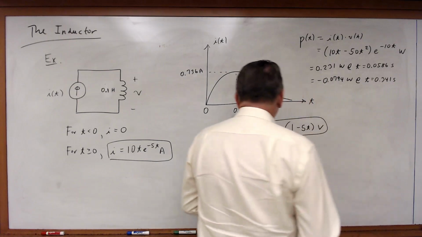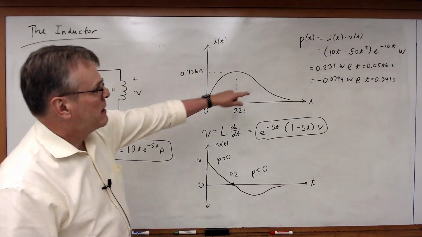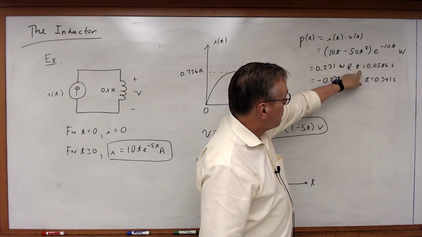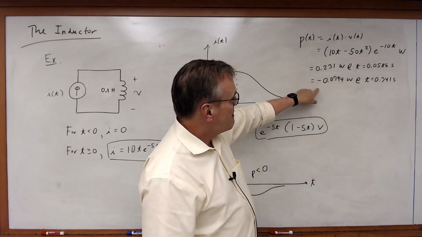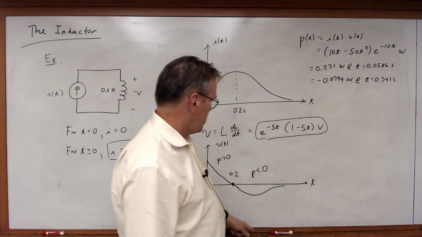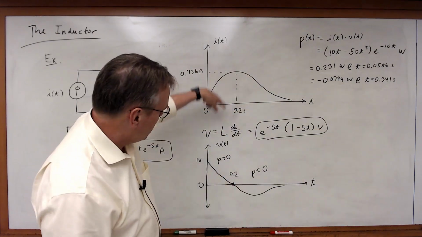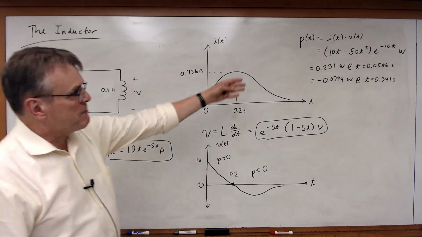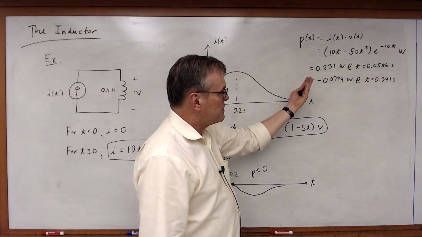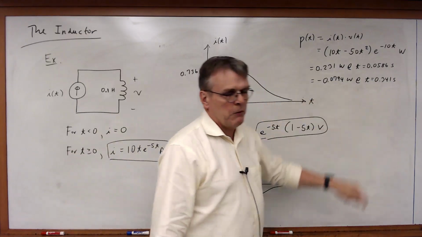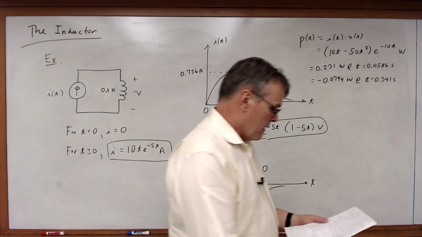And so what we'll find is we have maximum positive power at 58.6 milliseconds. We have maximum negative power at 341 milliseconds, which seems to correlate very nicely with these two regions we're seeing here. We would expect positive power for less than 0.2, and negative power for greater than 0.2, and that's exactly what we get. As for energy,